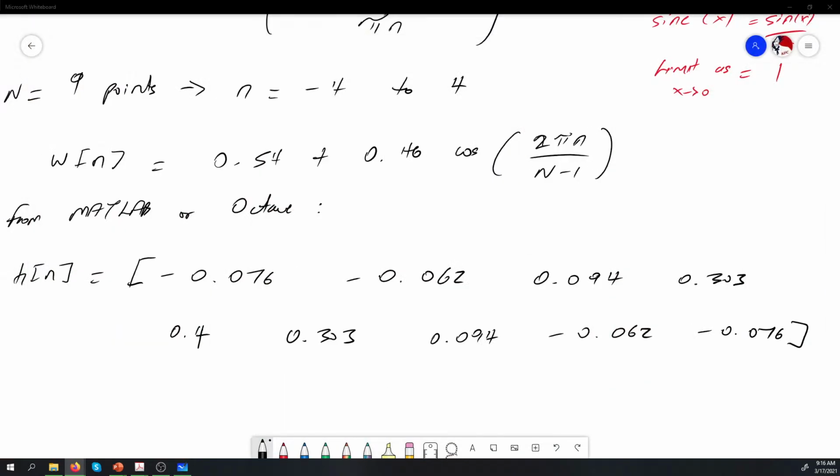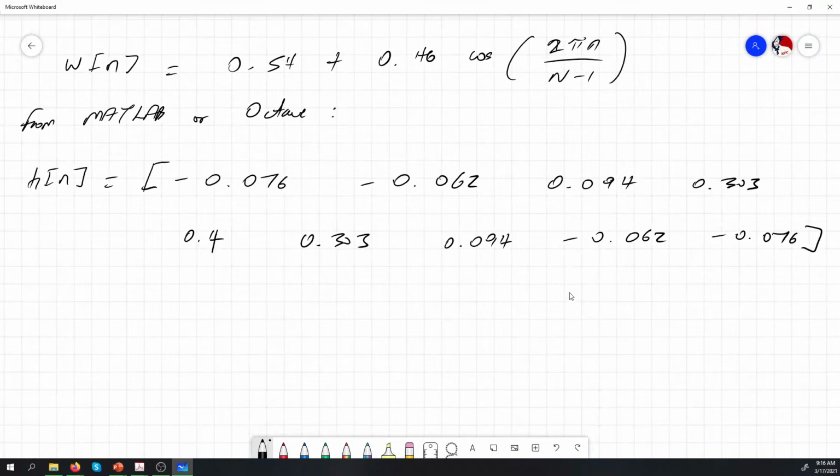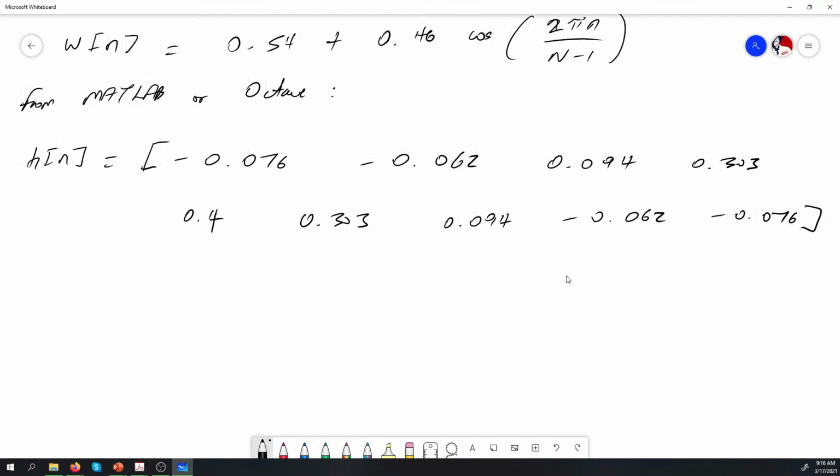So I'm going to bring this across here, and let me write down my w vector. The w of n here is equal to 0.08, 0.215, because I'm truncating to 3 decimal places, 0.4, 0.865, 1, and then we have the mirror effect,